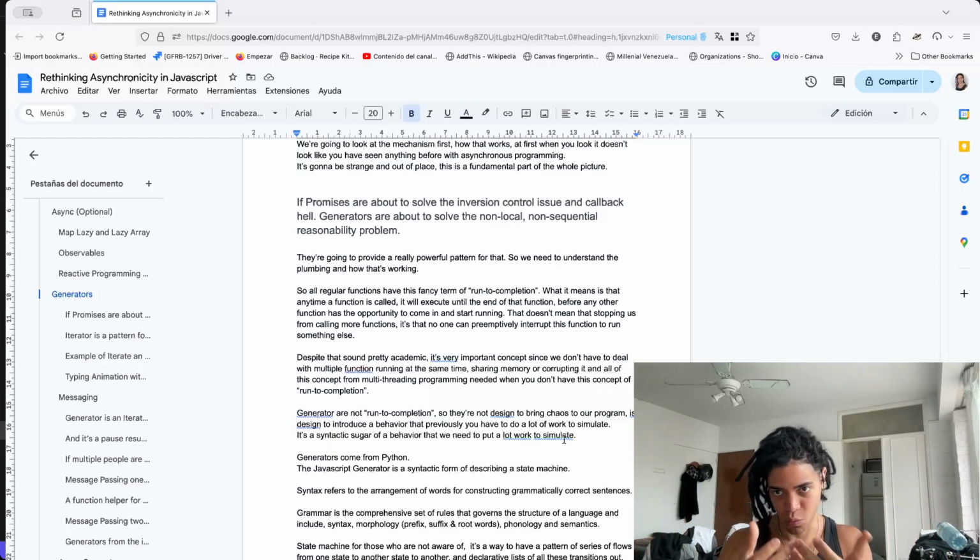Because we can mimic this behavior, this series of flows from one state to another, declaratively listing all the transitions,